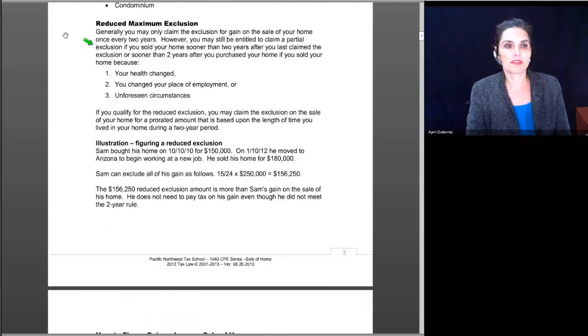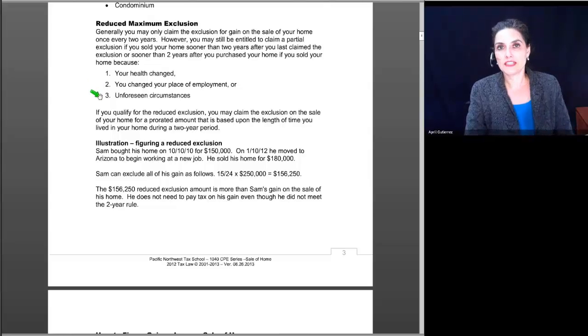A reduced maximum exclusion. Generally, you may only claim the exclusion for gain on the sale of your home once every 2 years. However, you may still be entitled to claim a partial exclusion if you sold your home sooner than 2 years after you last claimed the exclusion, or sooner than 2 years after you purchased your home. If you sold your home because you either had a change in health, you changed your place of employment, or